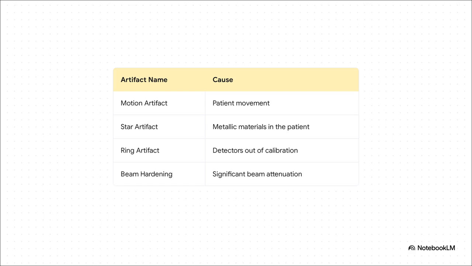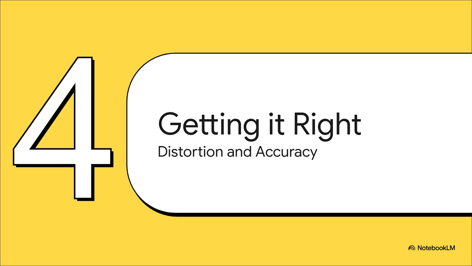A metal hip implant, that can create this weird star-like pattern. A detector that's out of whack can cause rings to appear. Radiologists and techs actually have to learn to recognize these patterns so they don't mistake them for something real. Okay, so here's a really crucial point. You could have an image that's super sharp, with no noise and no artifacts, but if it's not truthful, it's